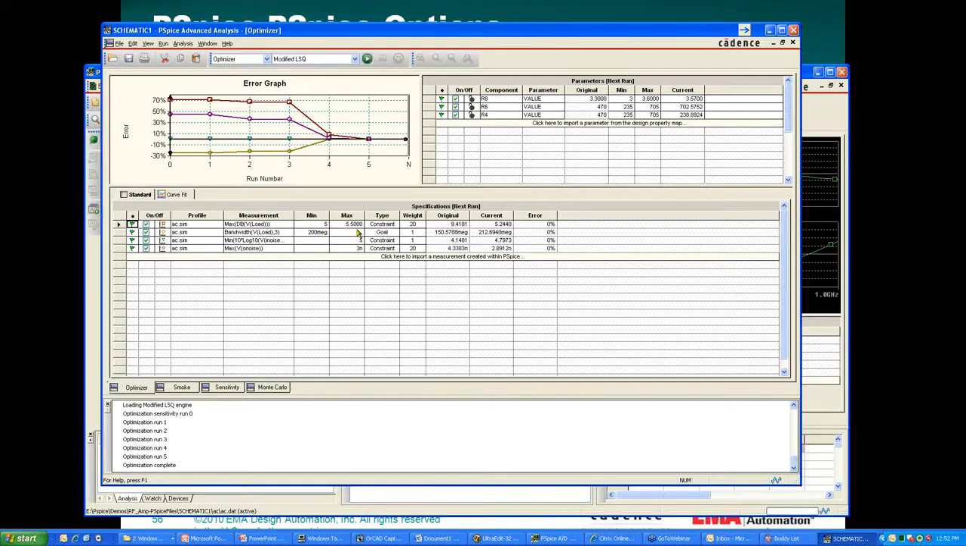So 200 megahertz there. Originally it was 150, so I wanted to try to bump that up a little bit to try to achieve the results. I did the same thing. I wanted to try to maximize some of the noise figures here, a maximum of 5 and a maximum of 3 on this one. So I set those up here, and then when I ran the tool, it comes back and